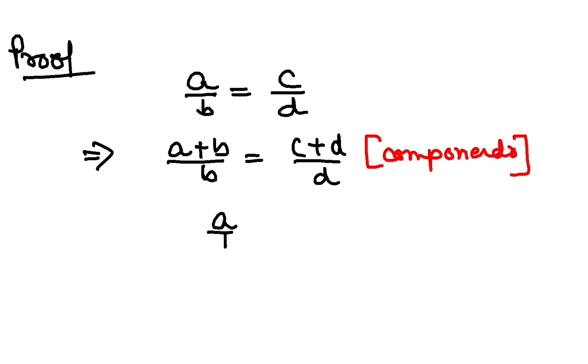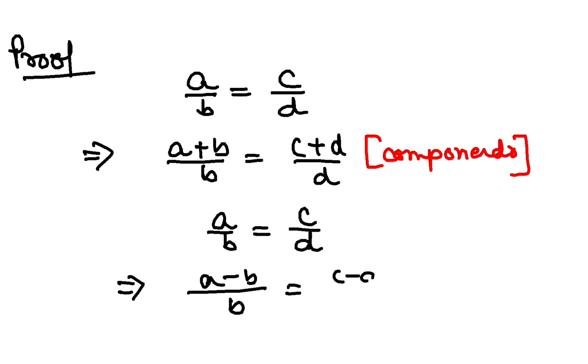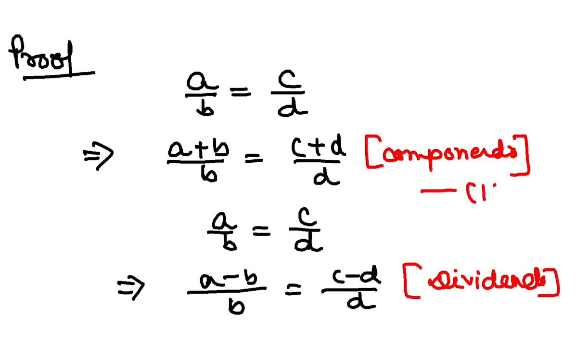Again, if I take the ratio or the proportion a/b = c/d, and if I apply dividendo here, (a-b)/b = (c-d)/d. This I'll get if I apply the property of dividendo, isn't it? So let's call it equation 1 and let's call it equation 2. Pause the video here, write down the equations in your copy, because now I am going to divide equation 1